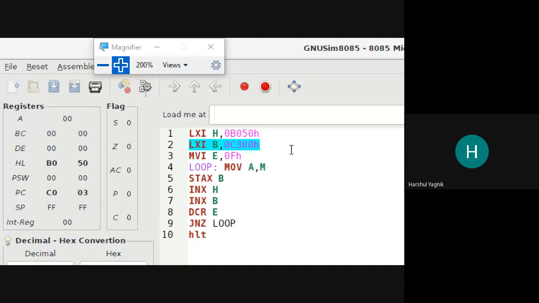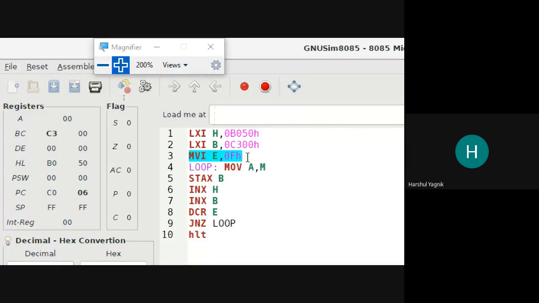Next instruction, LXI will load the C300H value into BC register pair. I'm running it. We can check the content of B and C register pair, and the program counter is incremented to C006 value, meaning this instruction took 3 bytes in the program memory, 1 opcode and 2 data bytes.